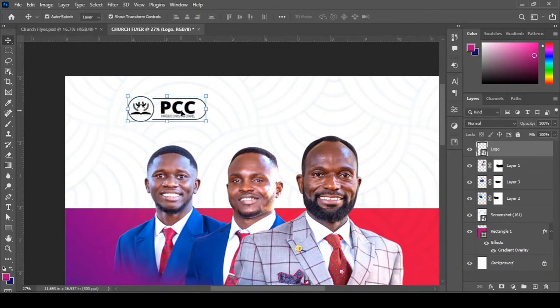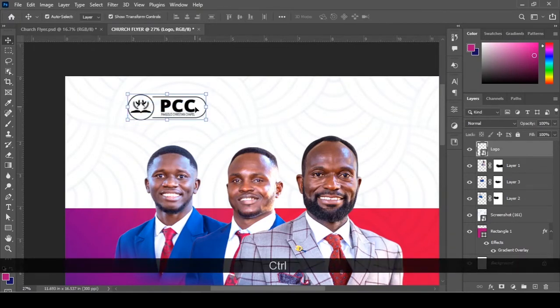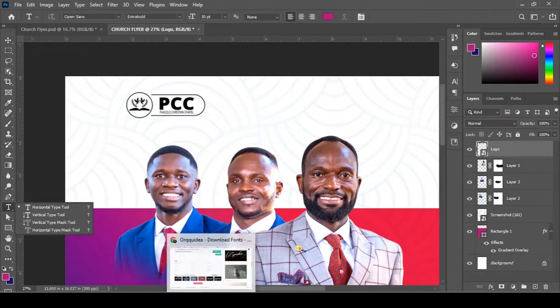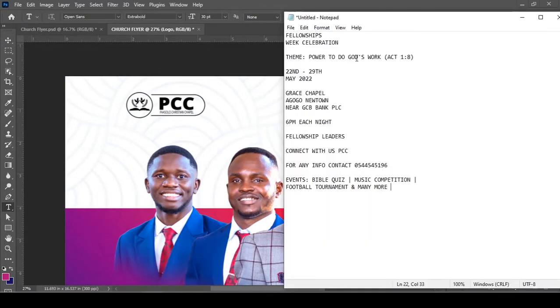Okay, when you are okay with it, you double click on it or hit Enter to accept changes. Then with the help of the text tool, I'm going to type. This is the logo of the church, so I'm going to type "The Church Presents". Then I'm going to add the other information, which I have already typed